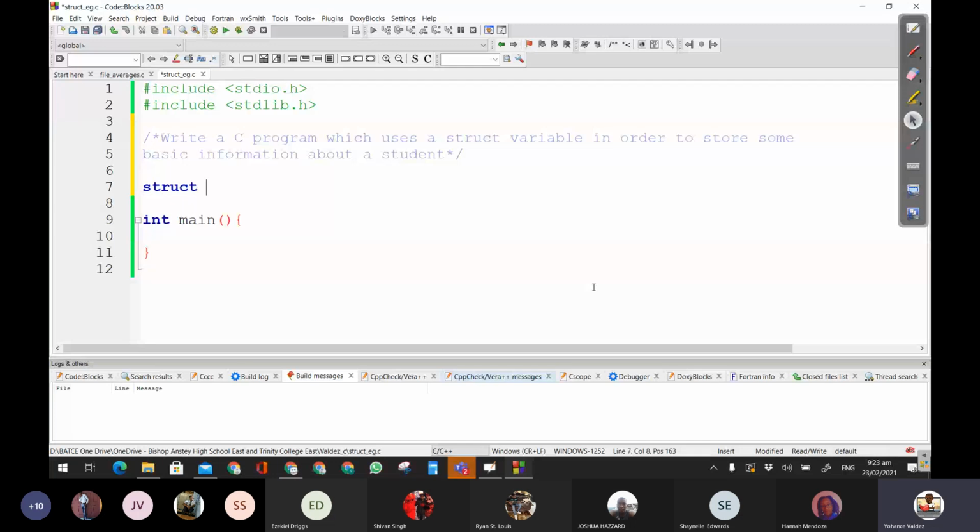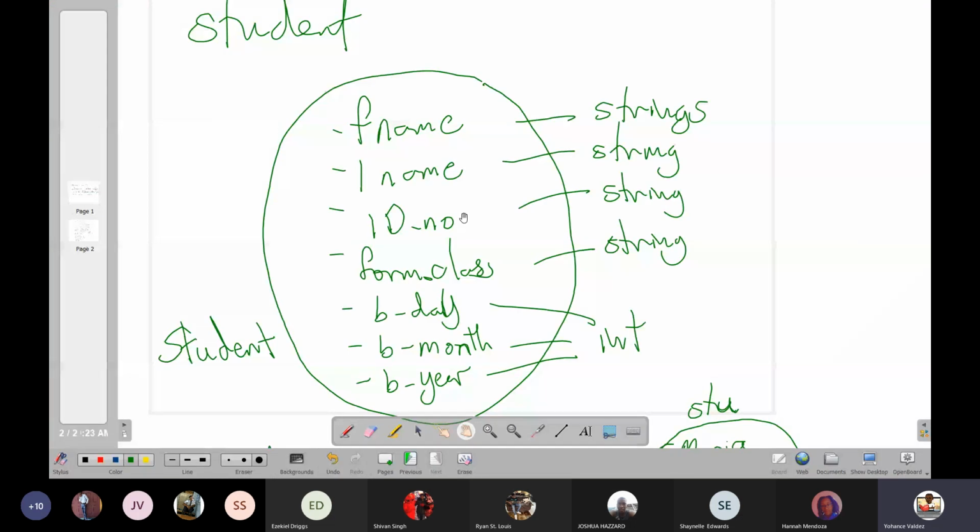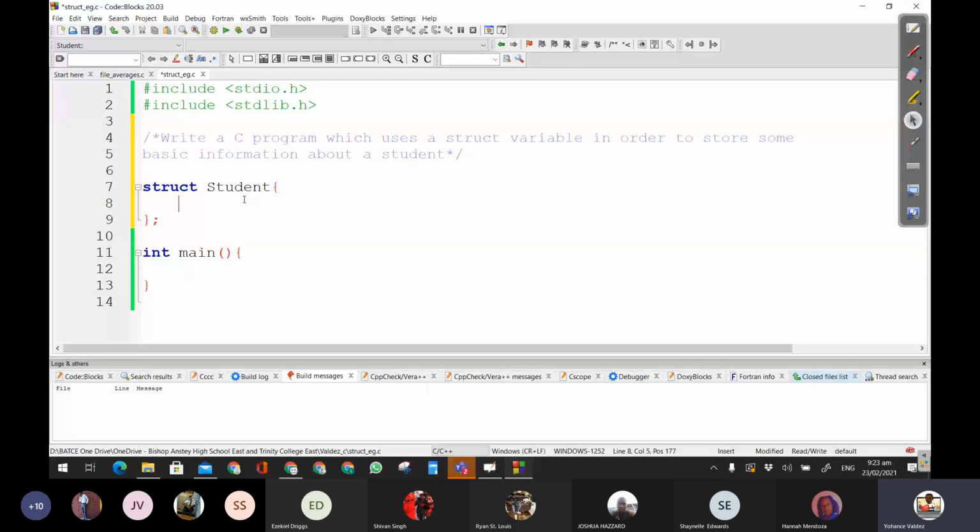and then we put the name here, student, and then we can put what makes up the student. So we identify that the student has a first name, a last name, an ID, and a form class, and then a date of birth, right? So we'd say char first name, right? Char first name,